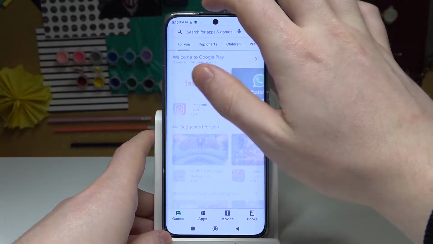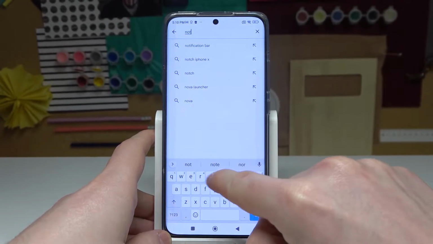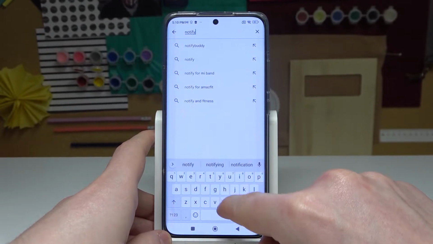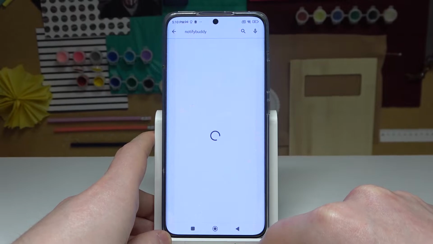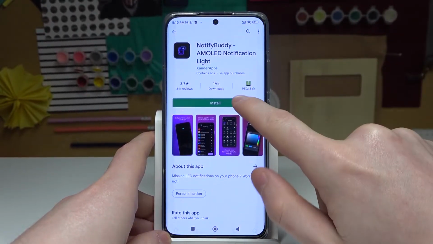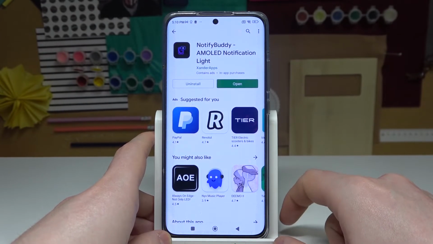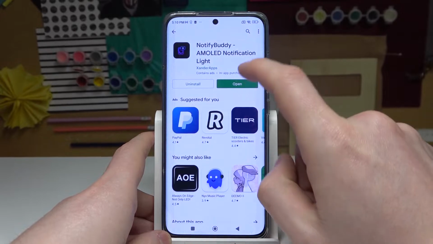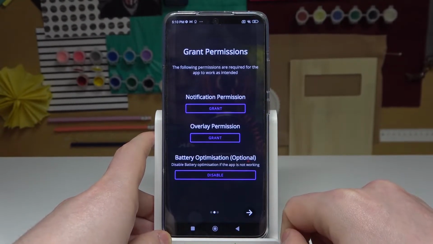So I open our Google Play Store and start searching for an app. Here I will write Notifybuddy and hit the search button. Now that's the app that we're searching for, and we can install it. When the installation process is done, we can select to open the app and go to the next step,